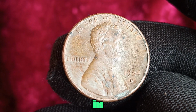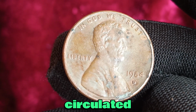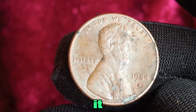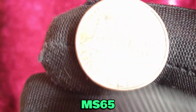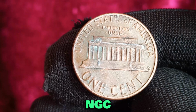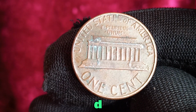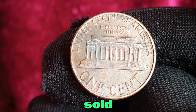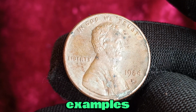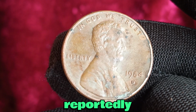Now here's the golden rule in coin collecting: condition is king. A 1984 D Lincoln penny in average circulated condition might be worth face value, or a few dollars if it has an error, but take that same penny and find it in mint state, especially MS65 or higher, and you're in a completely different ball game. Grading services like PCGS or NGC can authenticate and grade your coin. And a high-grade 1984 D with a rare error, like the doubled ear, has sold at auction for $3,000, $7,000, and more. One of the rarest known examples, featuring both a doubled ear and a dramatic off-center strike in mint state, reportedly fetched